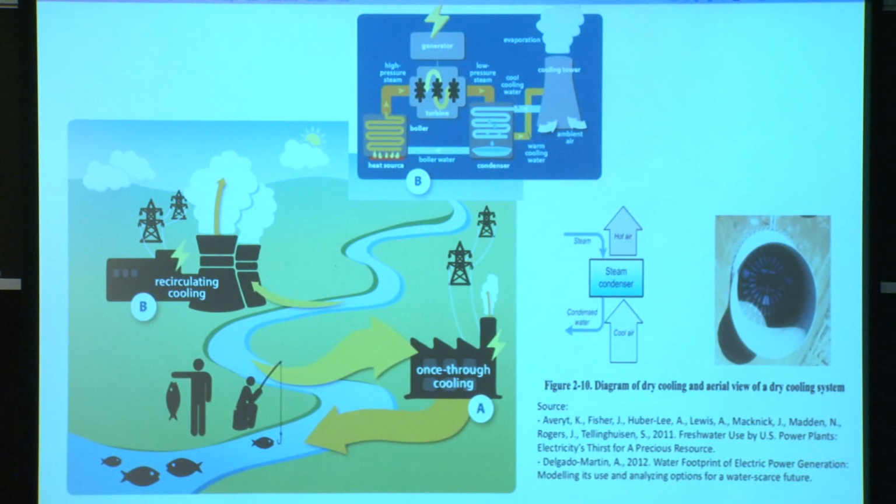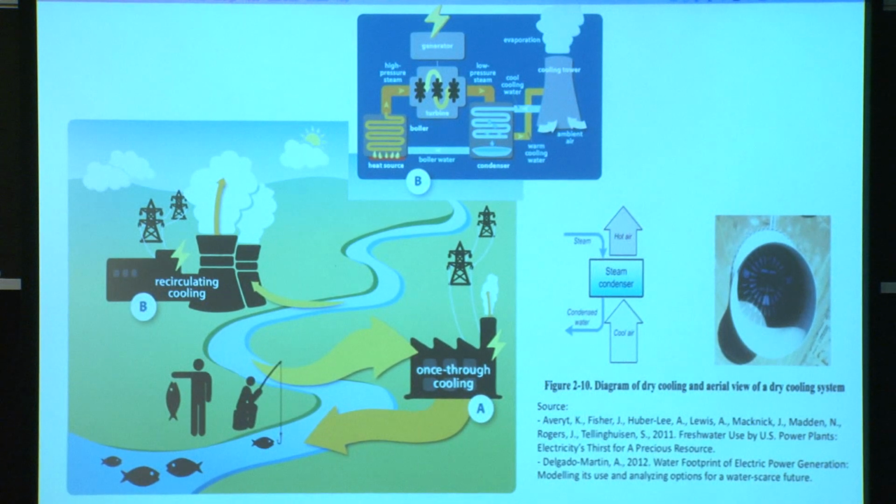The third cooling system that is used in Saudi Arabia is the dry cooling system. But this model, the one that we wanted to apply, focuses on measuring the amount of water that is used in recirculating cooling and once-through cooling. The water here is called consumed because it's evaporating, it's not coming back. Whereas the water here is called withdrawn because it's picked up and then thrown back into the ocean. However, the temperature of the water when returned will be much higher than before when it was extracted, and this will affect the ecological life in the sea and would pollute the water. So this is one of the downsides of once-through cooling.